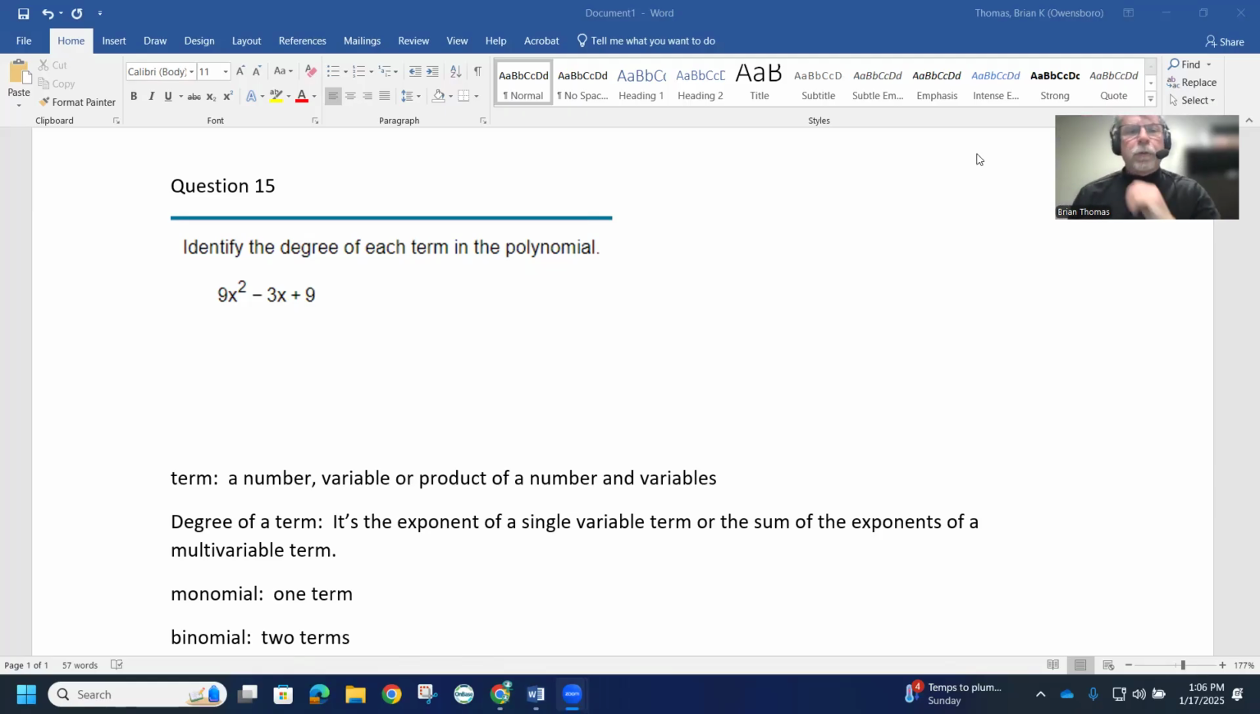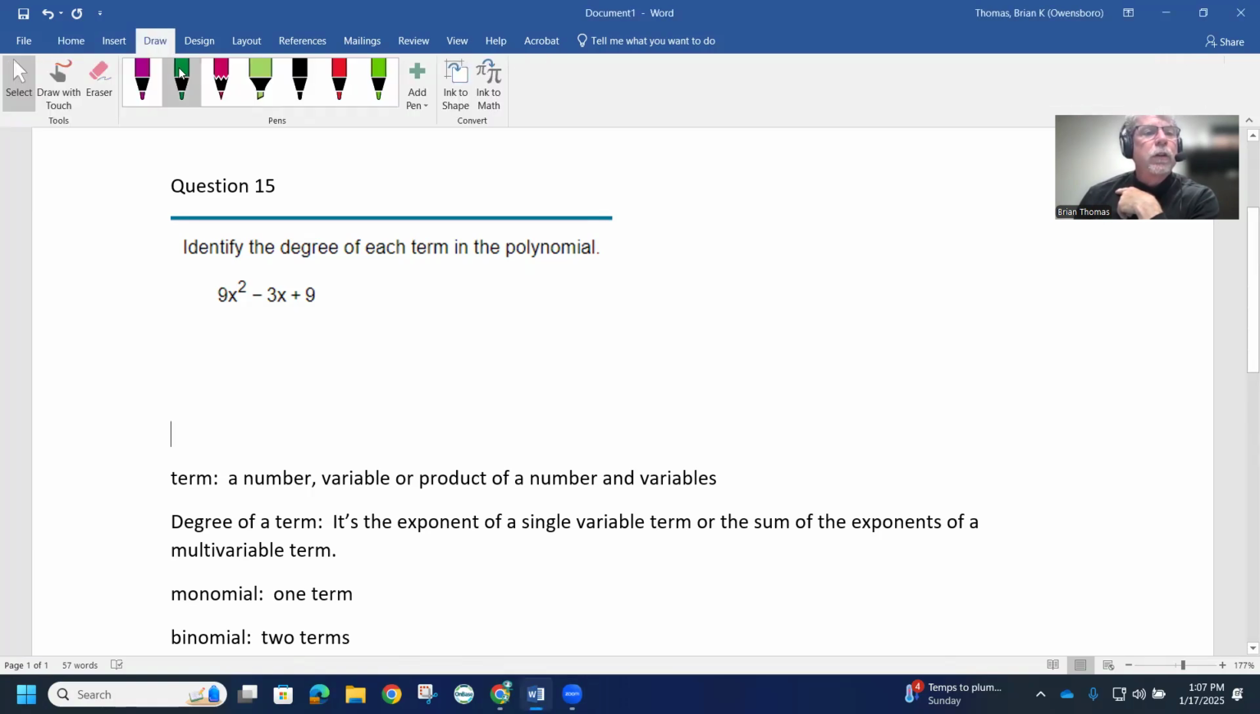So continuing chapter 11, working with powers and polynomials, this is going to be question 15. Question 15 says, identify the degree of each term of a polynomial. So when I talk about terms, one of the easiest things to do to see terms is,